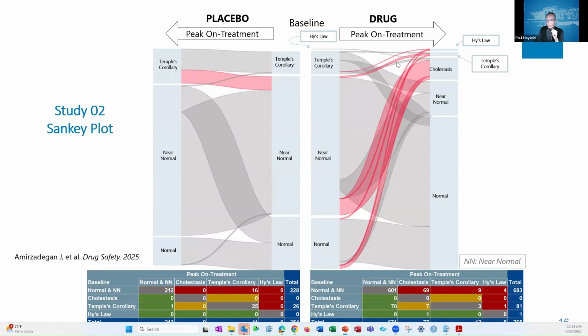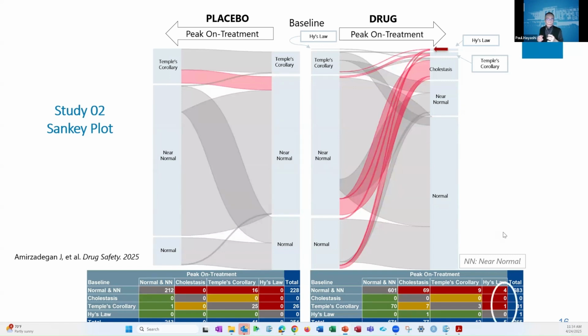So, again, this one didn't have quite as many abnormal baseline lab tests, but there were enough. There was about 10%, we were in Temple's to begin with. And you are able to get categories of, for example, those that arrived in Hy's law, new arrivals. And we could look at Temple's as well. And again, get this cross table of the counts. Here, there were actually no patients that came into Hy's law at all, whereas here there were 5.